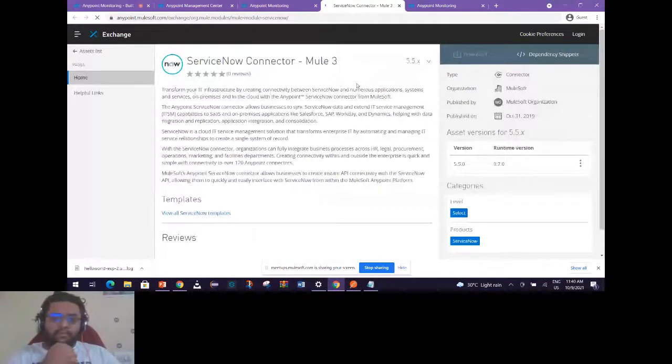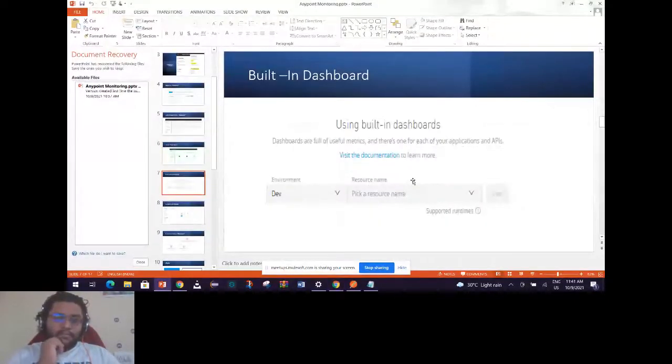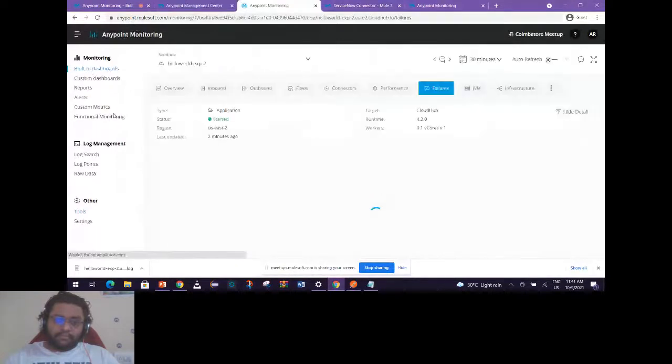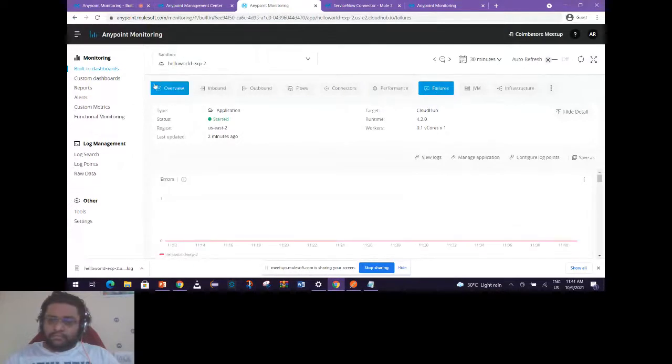Next, let's come to this important section of dashboards. First we will go through the built-in dashboards. What are these dashboards provided by Anypoint Monitoring? These dashboards give you the metrics of the performance of your applications or the running status of your applications. These are generally provided in the form of metrics and the many different tabs that we see. The built-in dashboard is the default dashboard provided by the Anypoint Platform. These are the minimum, out-of-the-box metrics that you are going to have in a graphical representation.